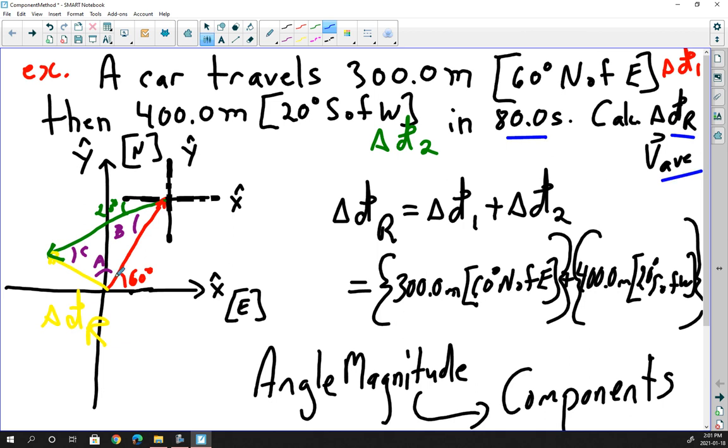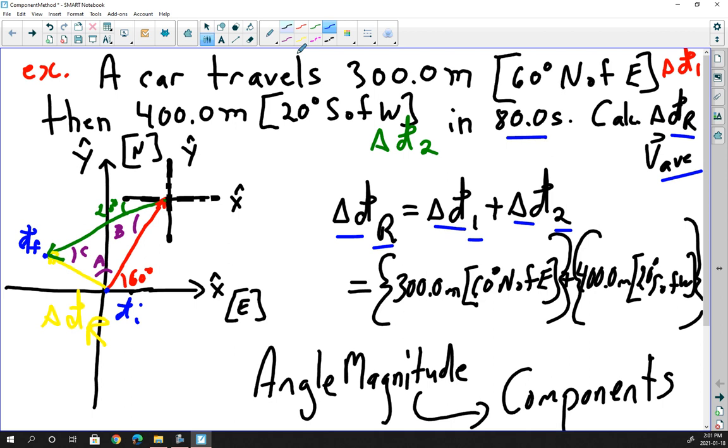Well, the object started here, so there's your initial position. The object ended up here, so there's your final position. In yellow here, I have the displacement resultant vector. It starts here and ends up here, showing the total or resultant displacement. Just like we did last time, we have to do vector tip to tail addition. The resultant displacement is equal to the first displacement plus the second displacement, and we plug in the values that